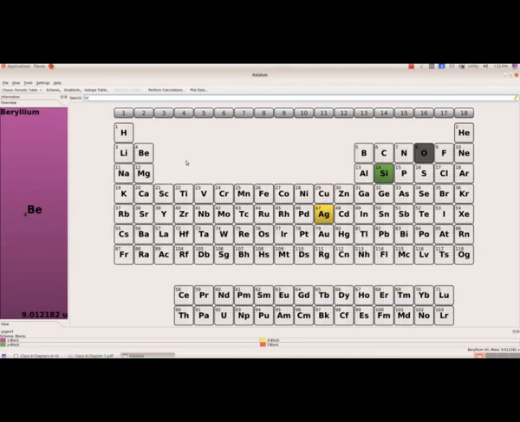Silver, the symbol is Ag. So you got that.